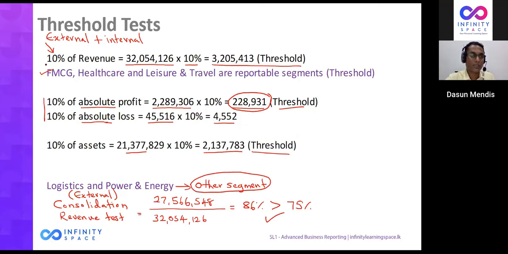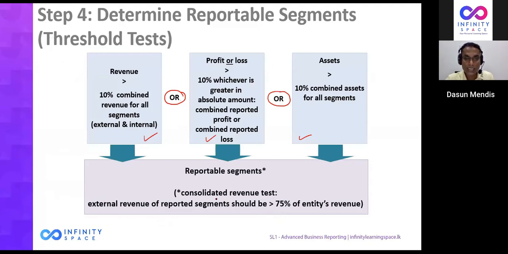So remember, I'm repeating because I might have mispronounced earlier: in the individual revenue test, you take both internal and external revenue, as I mentioned here. But in the consolidation revenue test, I'm taking only external revenue, and the consolidation revenue test is satisfied. That is what is mentioned here. Consolidation revenue test means external revenue of the reportable segments should be more than 75% of the entity's total external